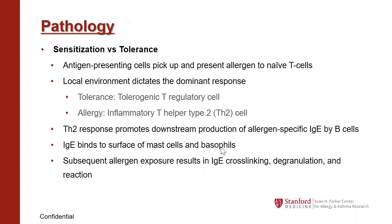So a little bit about the pathology. We won't go too far into details, but it sets up a good foundation. In the development of allergy in general, at some point the body needs to make a decision on what to do when it encounters an allergen. Antigen-presenting cells are constantly picking up neat things it finds in the body, breaking them down, and